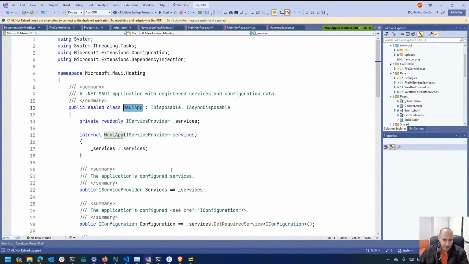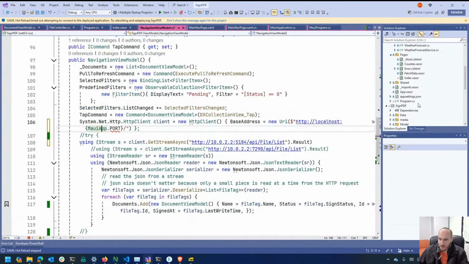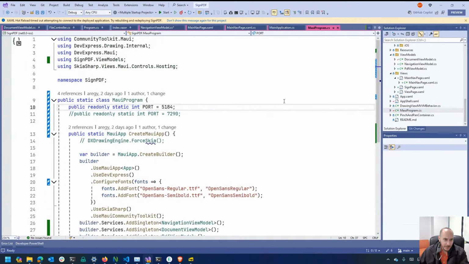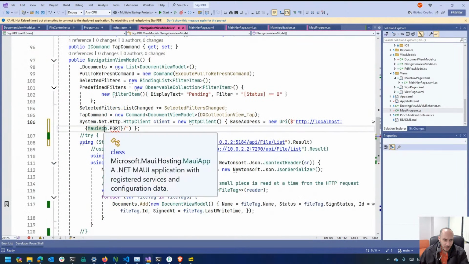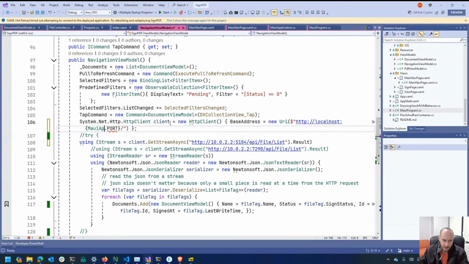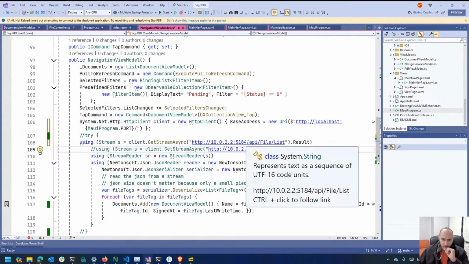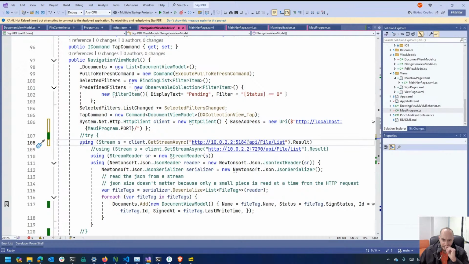So let's go Maui app, and it should be my Maui program CS. My Maui program CS is going to have this defined there. Not Maui app, Maui program. So the higher level Maui. So this should just be here, and that might have been the problem, that the base address was not specified. And once I have the base address,